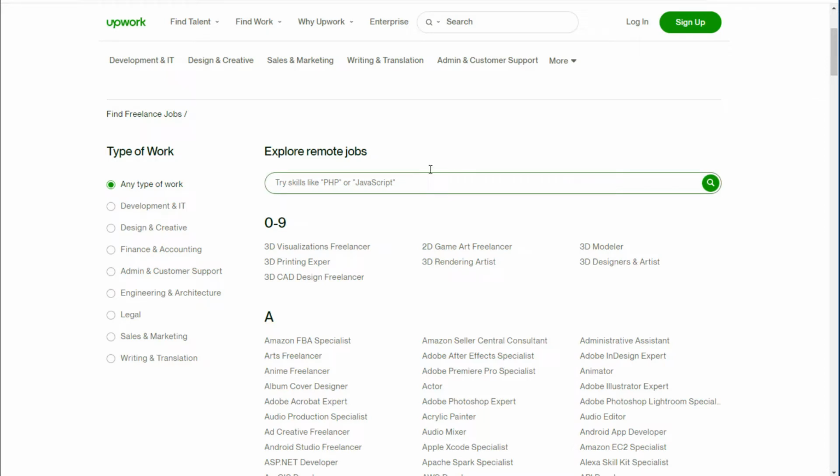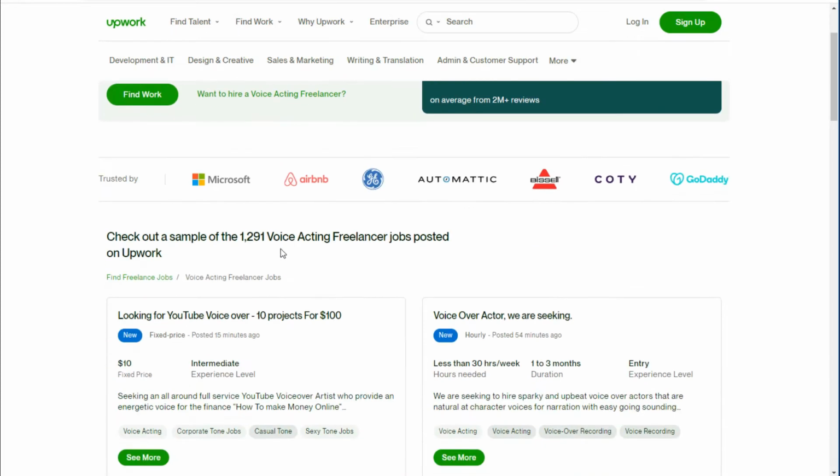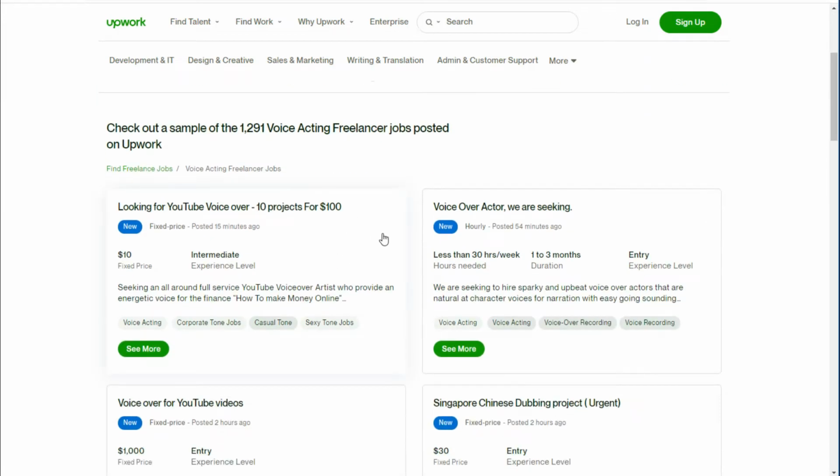But basically, they were saying you could hop on a site like Upwork and look for voiceover, anything: a voice acting freelancer, voiceover artist, voiceover actor. For example, if I click on voice acting freelancer, you can see right now there's 1,291 jobs posted. Now,